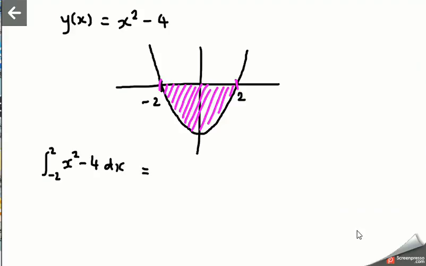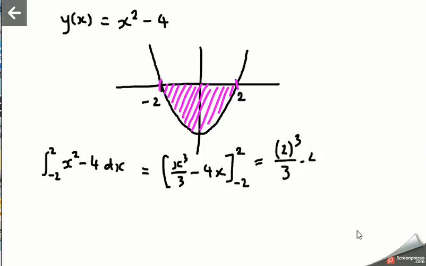So, as last time, we put our antiderivative without the constant term in a box: x to the power of 3 divided by 3 minus 4x. And this time we're finding the definite integral from -2 to +2. If we substitute in our values, we get 2 cubed divided by 3 minus 4 times 2, minus the same thing but with -2 this time: -2 cubed divided by 3 minus 4 times -2. That is equal to 2 to the power of 3, so we got 8 over 3